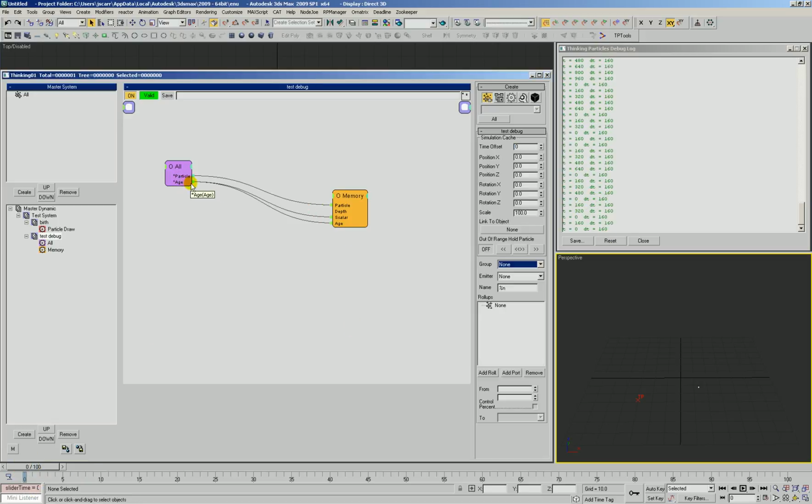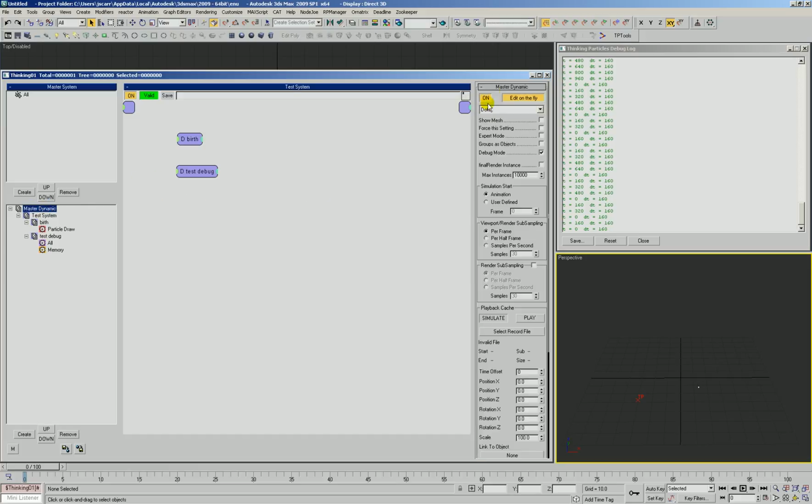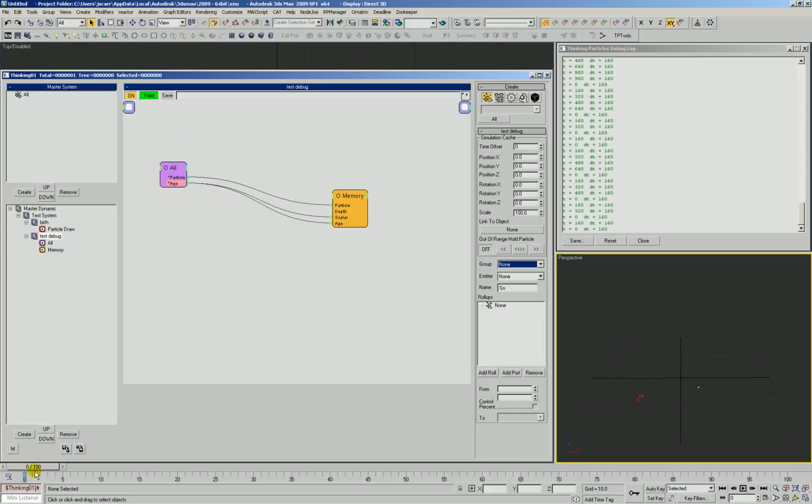What we want to do is go ahead and look at a specific value here. We're going to look at the output for age. We just right click that and say write to debug. And now it's kind of highlighted in this red color. That color, of course, is based on our schematic view color setup. But what we'll see now is as we step forward, we get the all value is sending out some information